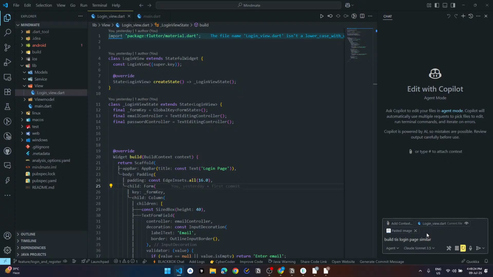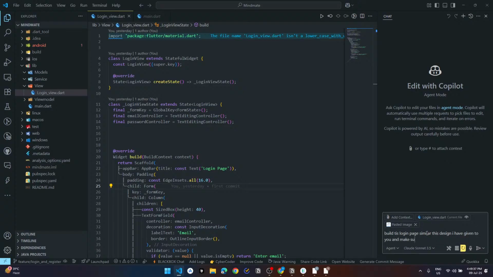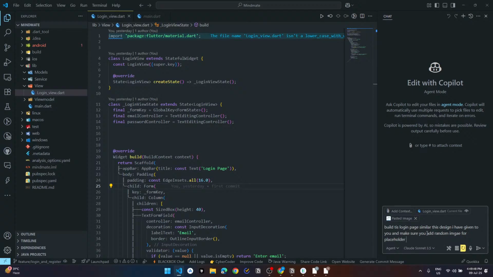So that's the thing. Build this login page similar to this design I gave to you, and make sure you add a random image from placeholder, and leave white space above so I can add my logo there.